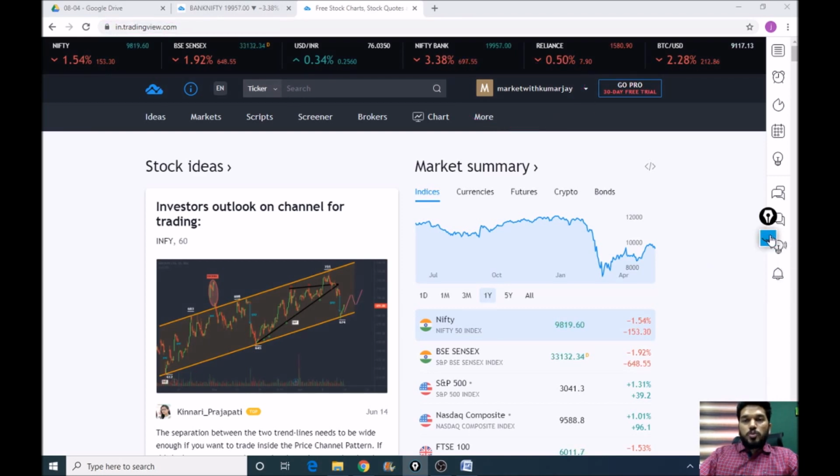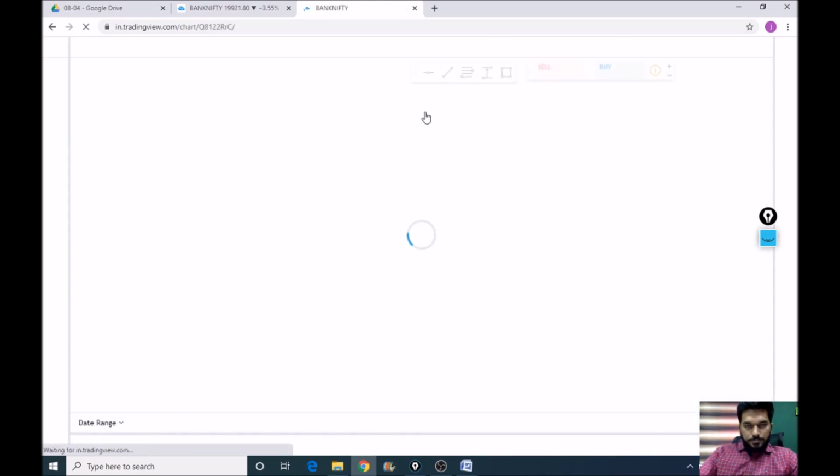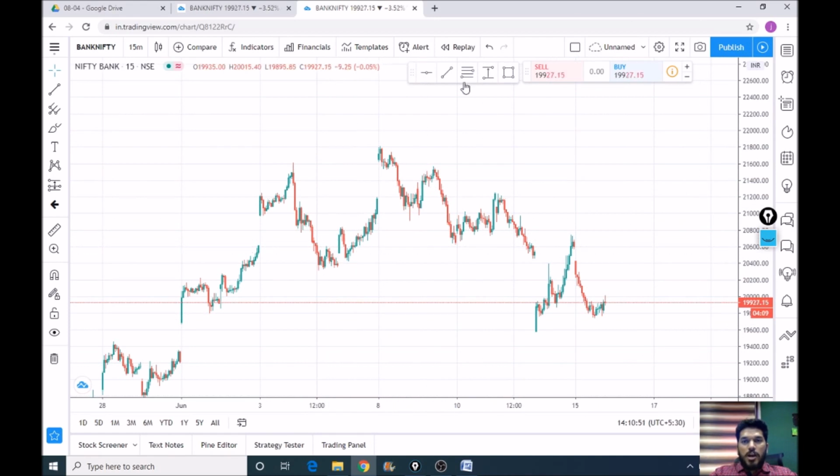Now, as soon as the account is opened, you can have access to its charts. Now click on the chart button here to get access to the TradingView charts. Okay, so let's go ahead with it. Now this is how the chart opens on tradingview.com. As you can see, the chart is very clear, very neat and clean, and that is one of the major reasons why I like to use TradingView charts. Okay, with this note, let us get started with knowing tradingview.com.